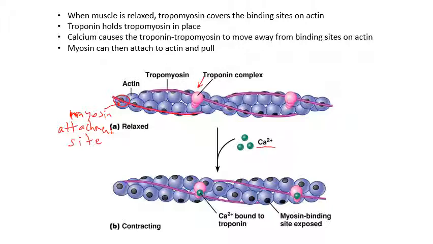Right, but once calcium comes in, calcium attaches to the troponins. So here they labeled calcium bound to troponin. Once calcium attaches to troponin, then the tropomyosin moves away, and now the binding sites are available. Okay, so now next, watch the video that I have put the link